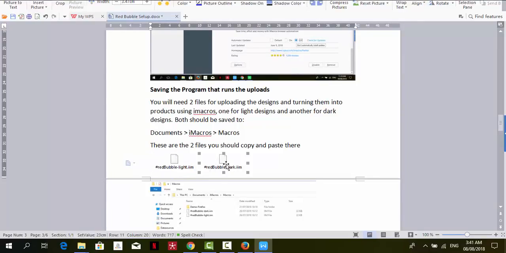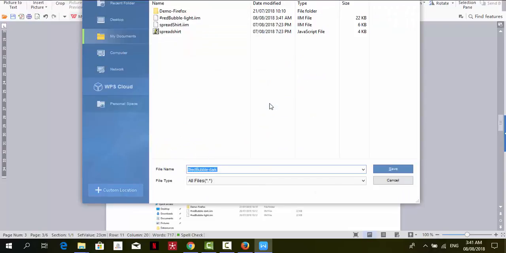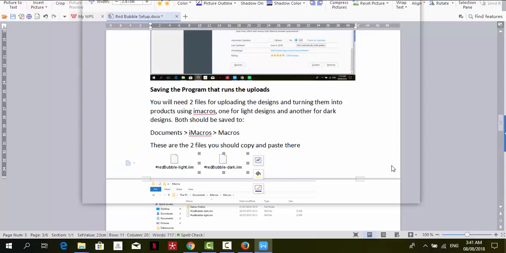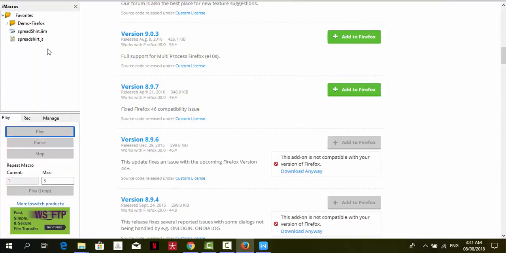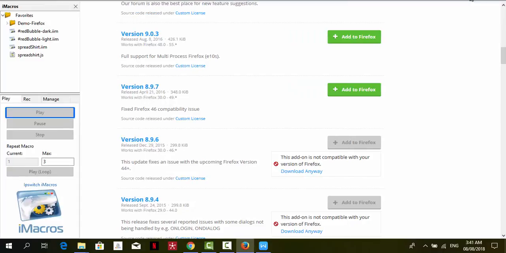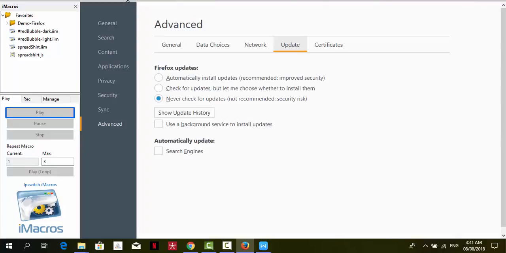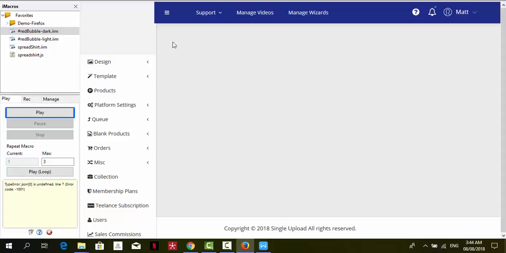And then we're going to go to Redbubble Dark, and we're going to do the exact same process. So we're going to save to file, and we're going to add that one as well. So that's been done. You'll see they haven't updated here yet. If we just close that window and then come back up here, and now they'll appear. Now what we're going to do is we're going to open both Redbubble, and you want to make sure that you're logged into the platform as well. And then if we go to Q and Redbubble,